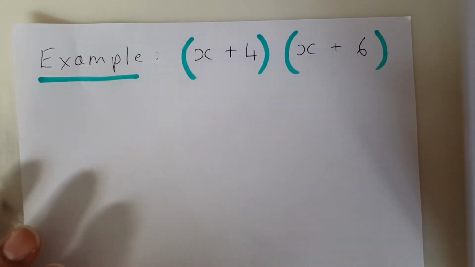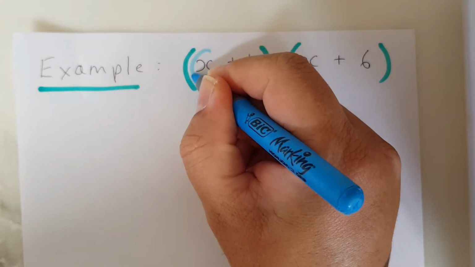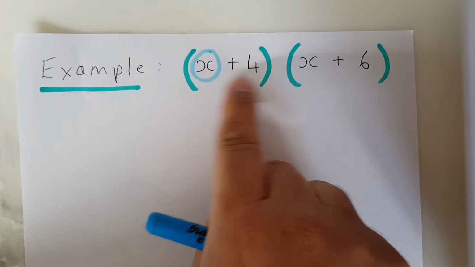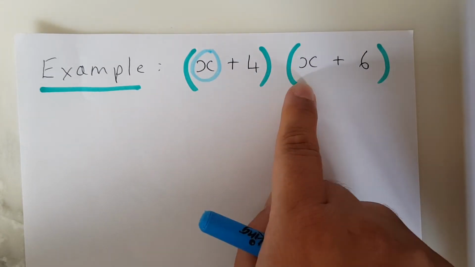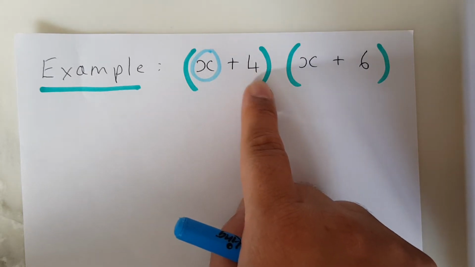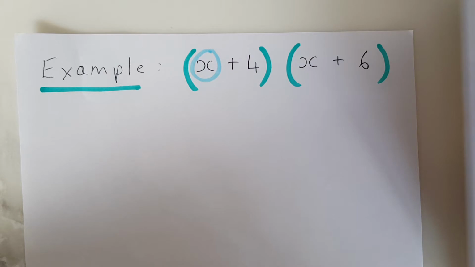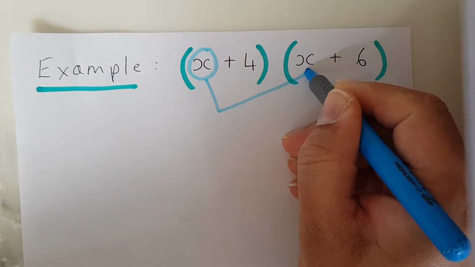Expand and simplify. So first thing what we do is we use the first bracket. So we're going to multiply both of these with these two. So we do the x first, multiplied by x, then x multiplied by 6, and then 4 multiplied by x and 4 multiplied by 6. Okay, so first things first, x multiplied by x,